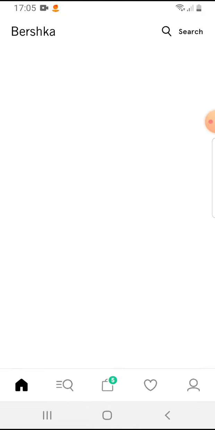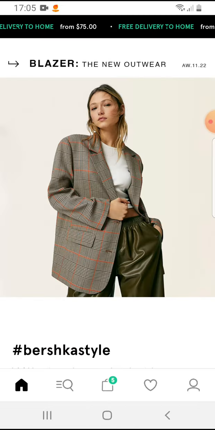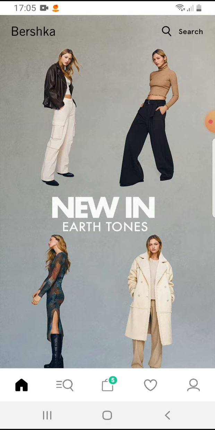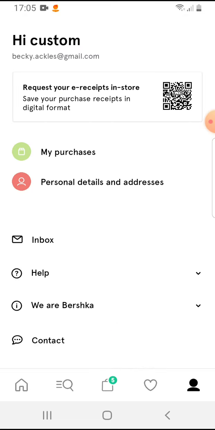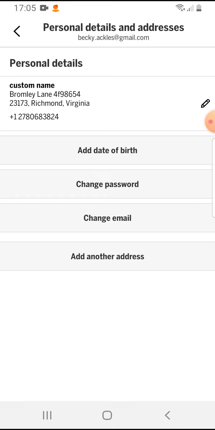Open the Bershka app. On the bottom right corner you can see this profile icon. You just tap on it and here you can see personal details and addresses. Tap on that and